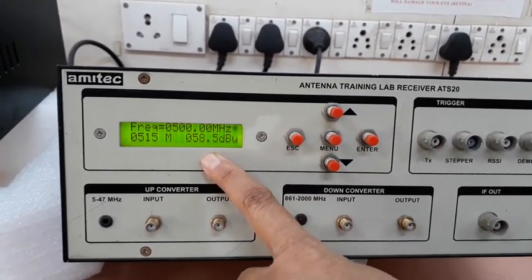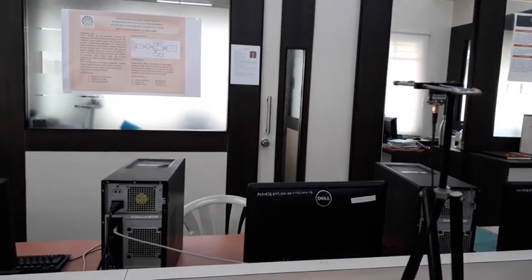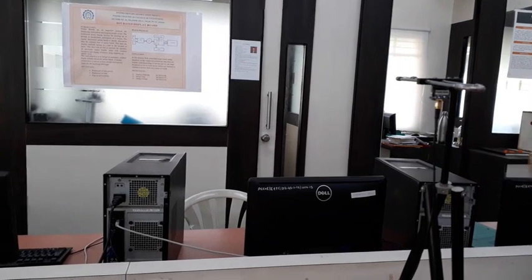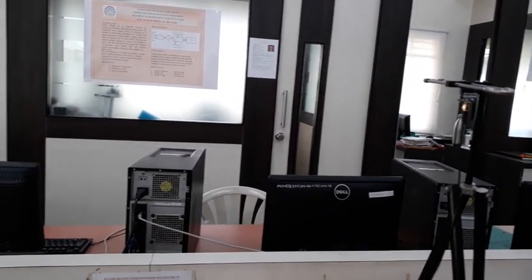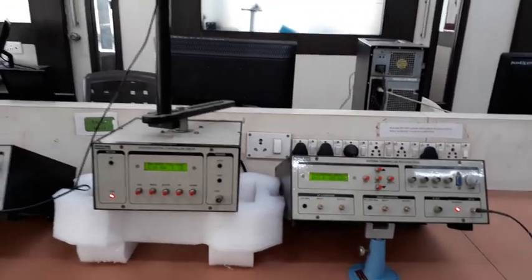Now if you see the orientation of our transmitting antenna, it is in the upward direction. This is the transmitting antenna, and this is nothing but the receiving antenna. Both are parallel to each other, which means our theta right now is nothing but 0 degree. So whatever power I am receiving right now is at theta equal to 0 degree.